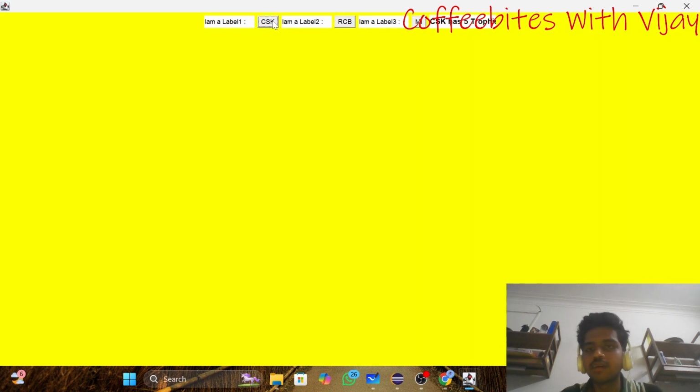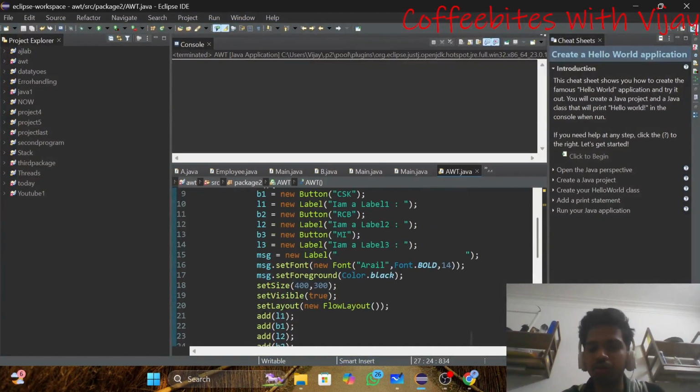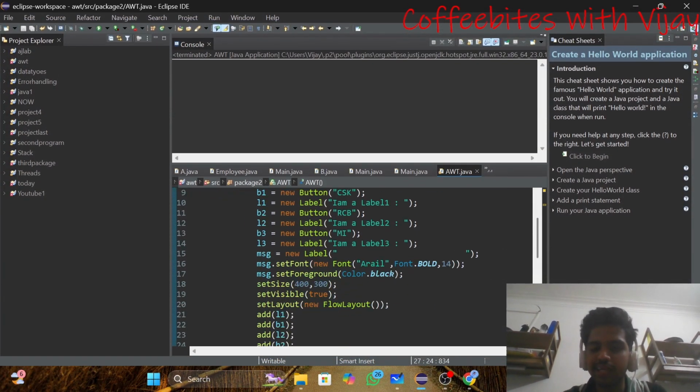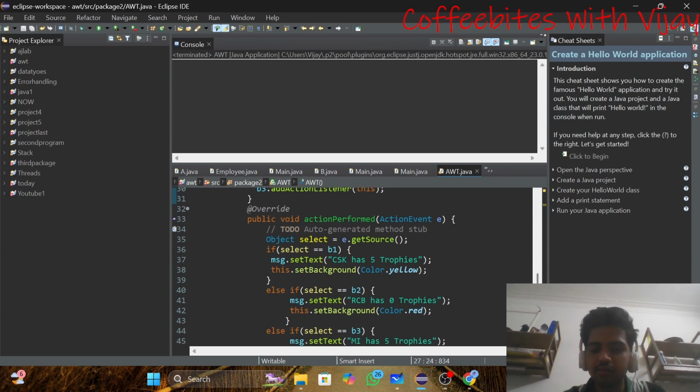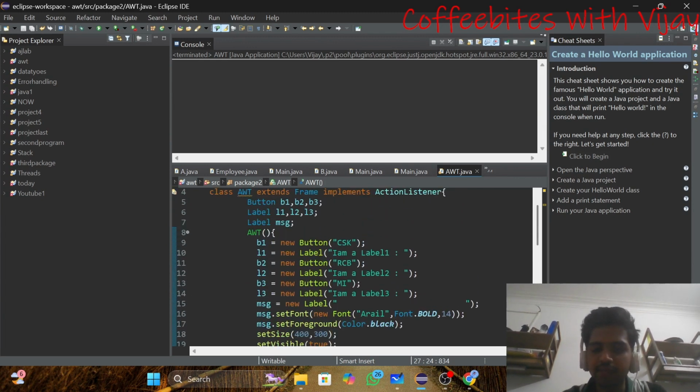You can see the message has been displayed, but why is this message not displayed fully? I think the alignment is not proper over here. I'll increase a bit. Where did I leave the space? Over here. Here I'll just increase a bit of space and I'll run this.